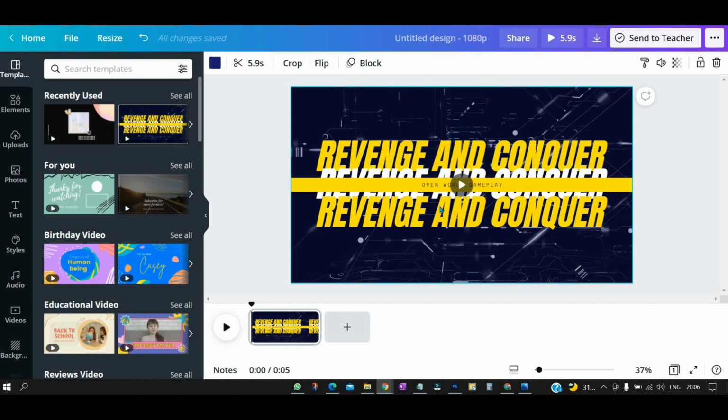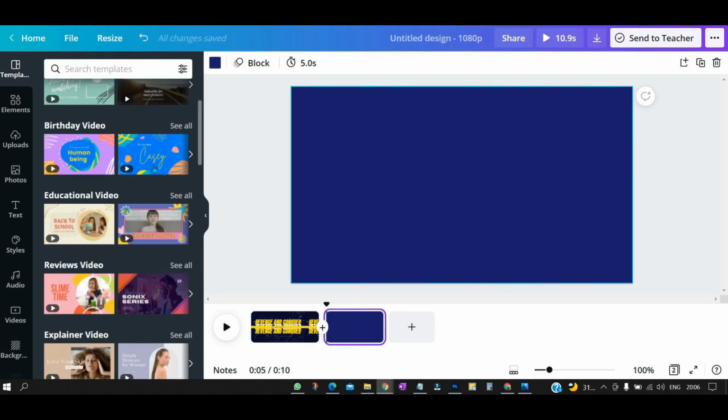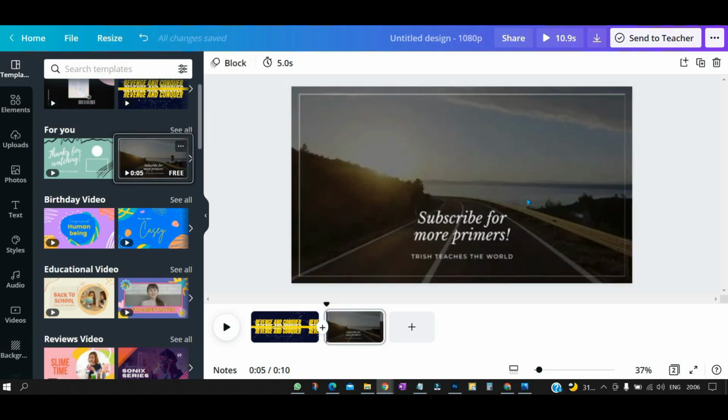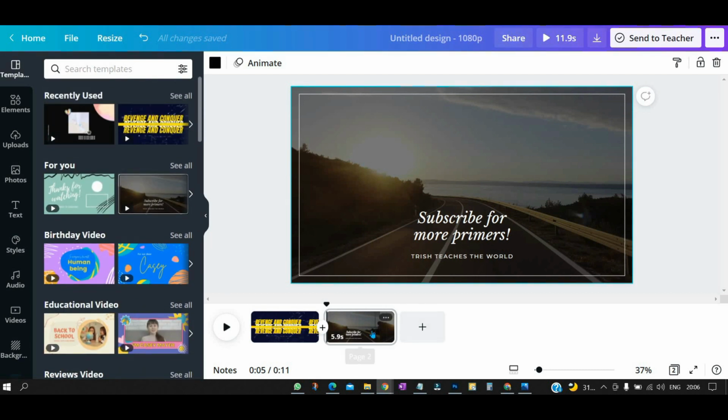At first let me show you how you can select this template. So let us create one more page over here, and let us select another template. Okay, so these are the templates that are available for you. You can use these templates, or you can do all your designs from scratch and create your own video. Okay, so this is how you can add templates to your pages.